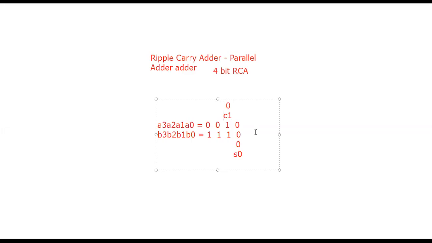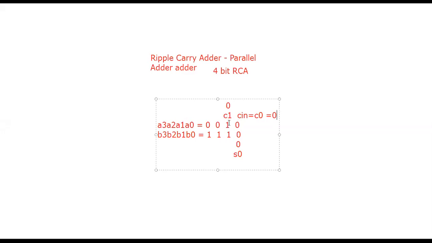So let us keep it like this. Now when I was adding 0 and 0, whenever you add the first digit, did we take any carry over here? I did not take any carry to add 0 and 0. So let me take this input carry Cin as C0. We did not take any value at all, so it will be equal to 0.